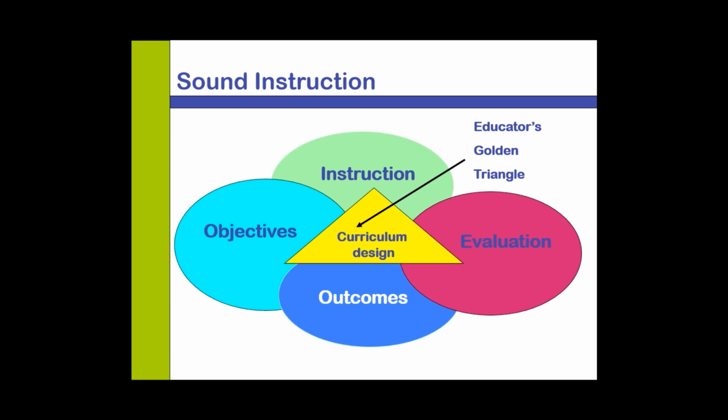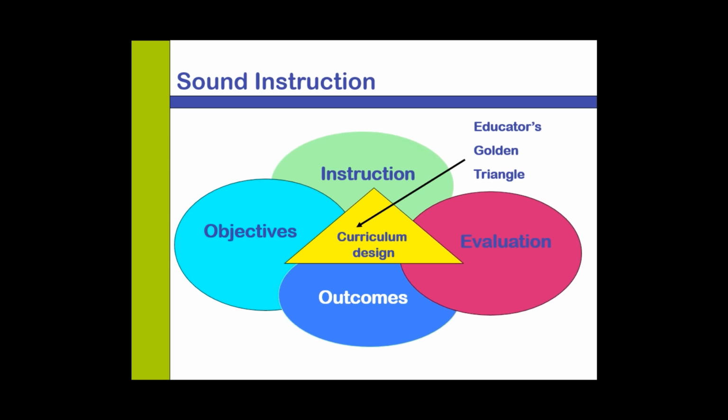The faculty really needs to be sure that the course objectives are constructed in a way that you can make some clear-cut decisions about how instruction needs to be crafted, because everything that you do needs to focus back on meeting those objectives. On top of that, you need to be choosing evaluation measures that are reflective of the outcomes that you're trying to achieve, but that also, in reverse order, really reflect